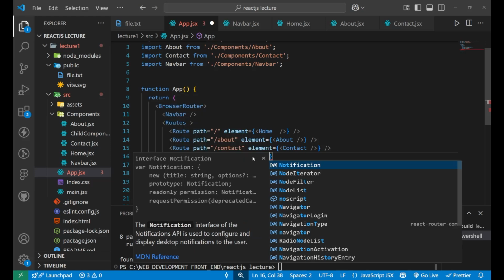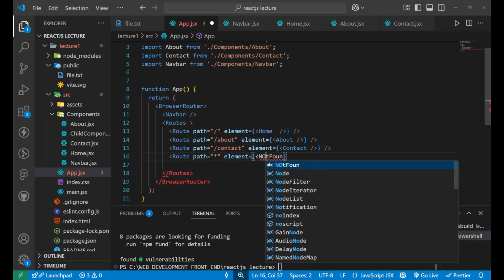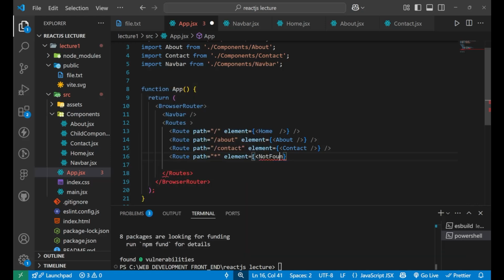We will create it further, but let's write it down. NotFound page is the element, right? Now what does path equals to star mean? Path equals to star catches any wrong URL that you have entered, and it shows the 404 page, which is a not found page.